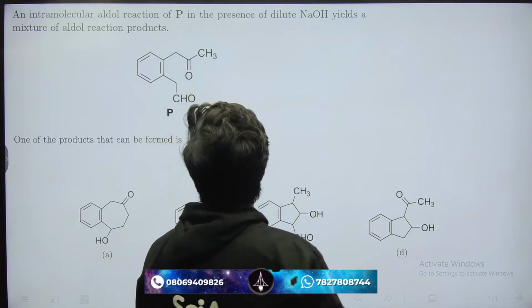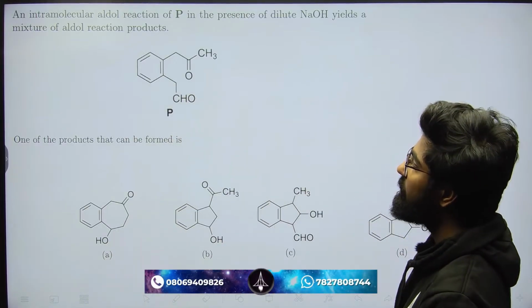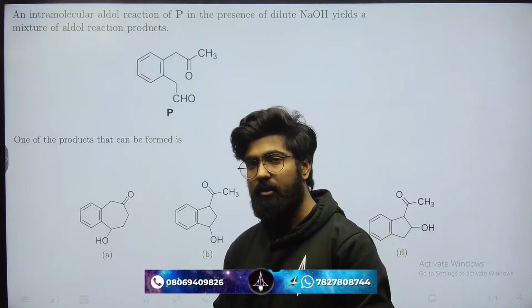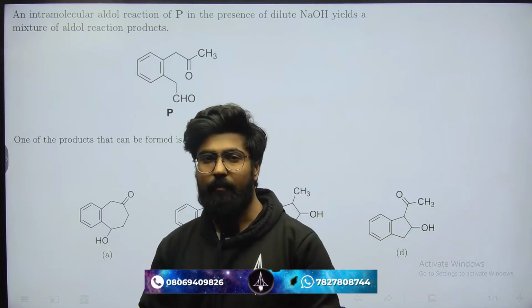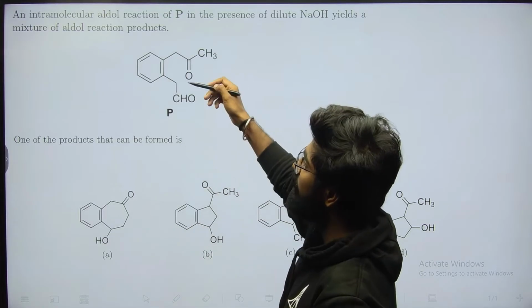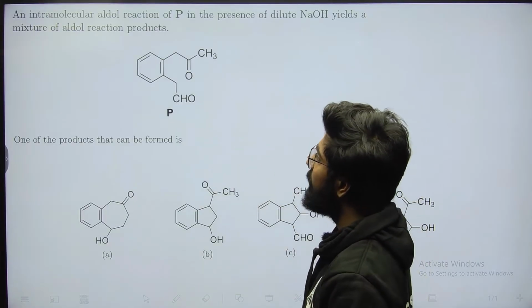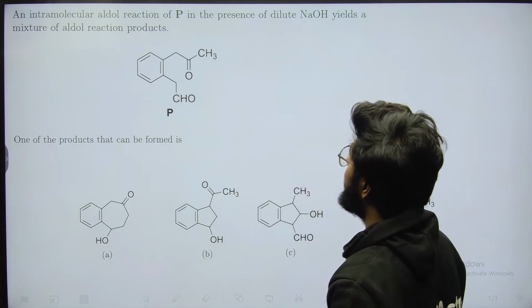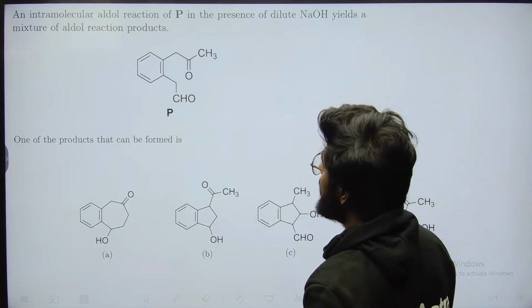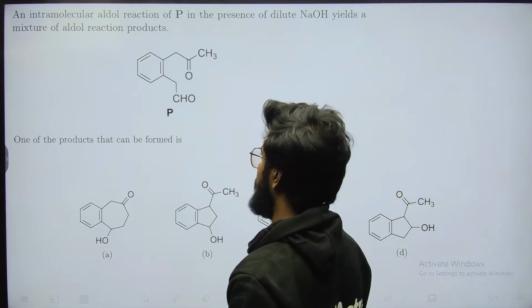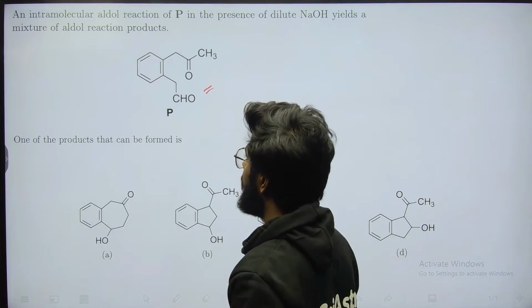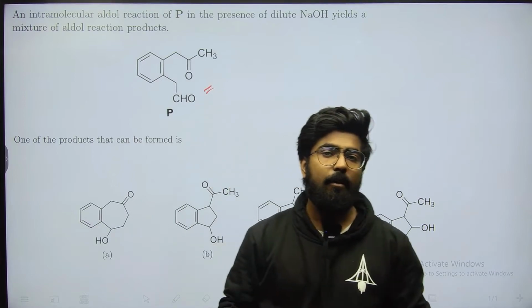In this question, the important thing is that they have asked about an intramolecular reaction which you are not clearly used to, because in NCERT there is not much about this particular reaction. So basically what they are saying, an intramolecular aldol reaction of P in presence of dilute NaOH yields a mixture of aldol reaction products. So basically this is your substrate on which you have to apply the concept of aldol